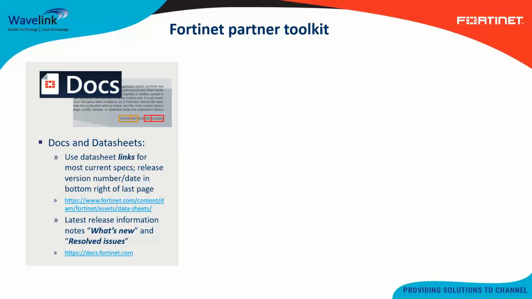You'll notice on the last page in the bottom right, it'll tell you the product that the data sheet is for and a revision number with the year and the date. And it's really important to use the links and not use old PDFs because Fortinet often changes, especially with their software, their inclusions, and especially with the license bundles, what's included. So using the latest links will get you to what's actually included with what the customer is purchasing